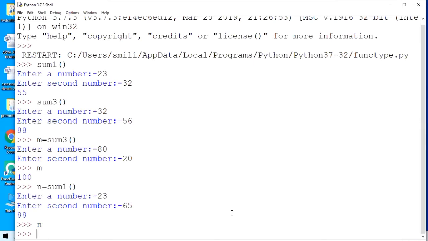Nothing. The function was called and the values we have given have been added and printed in front of you, and it doesn't give any value back. I hope that now you understood the difference between return type and non-return type.